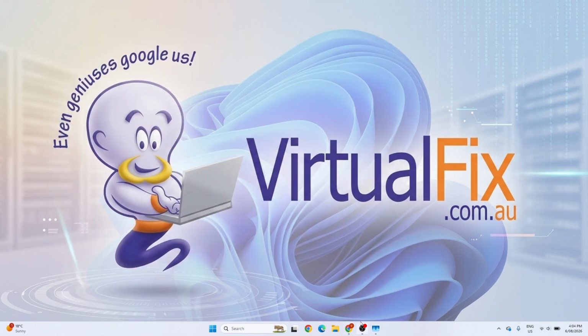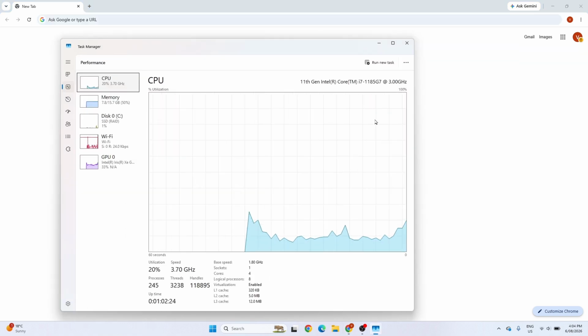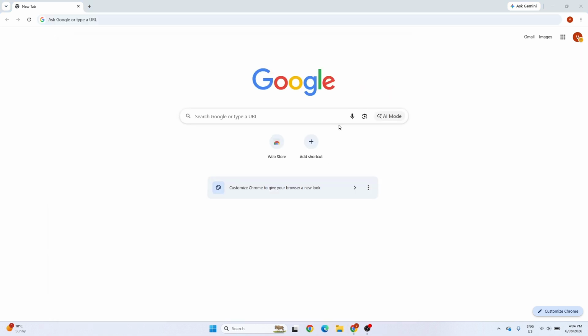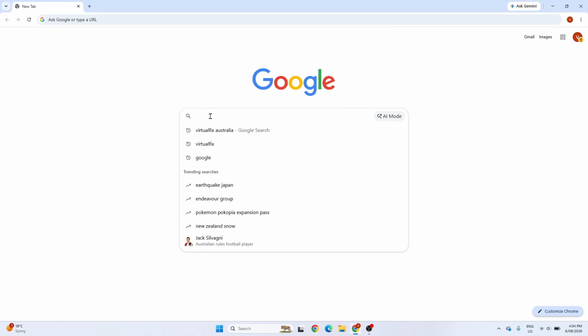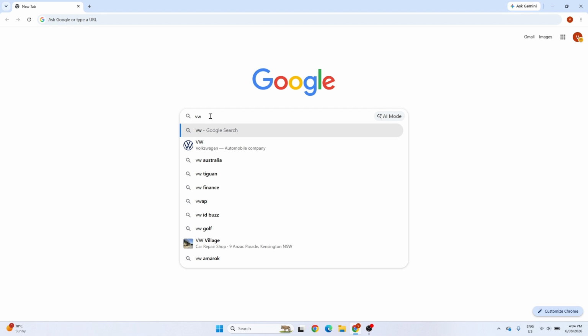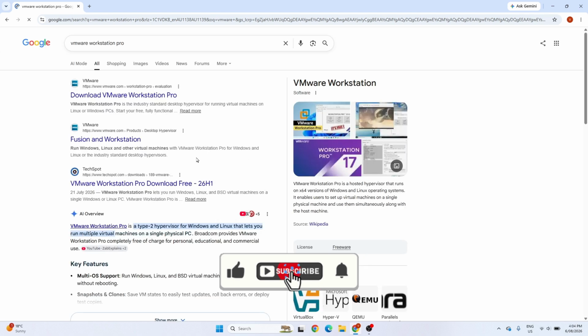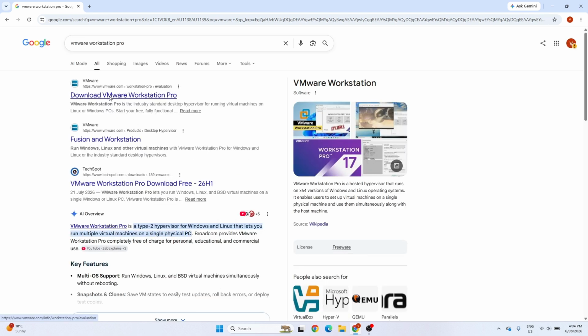So after you check that ISA one is available and you have virtualization enabled, the first thing, of course, is to download the software. The software we're looking for is VMware Workstation Pro. Here you go. So you find it in here. That is normally the latest version from VMware. So when you click here,